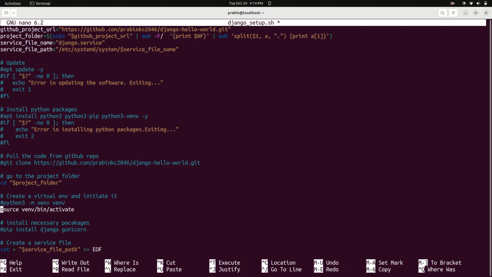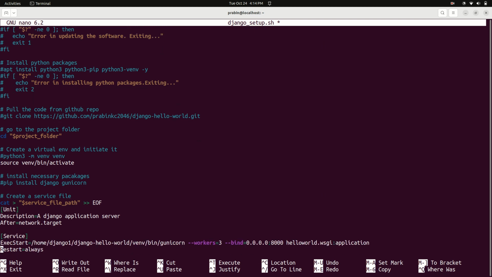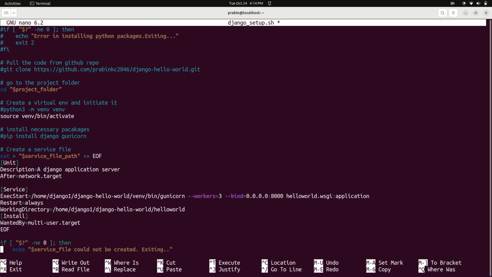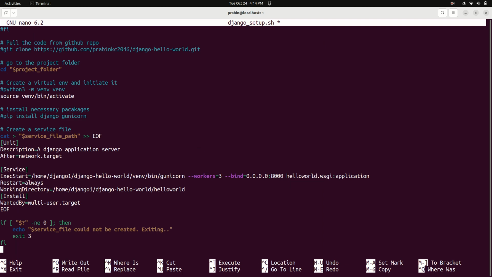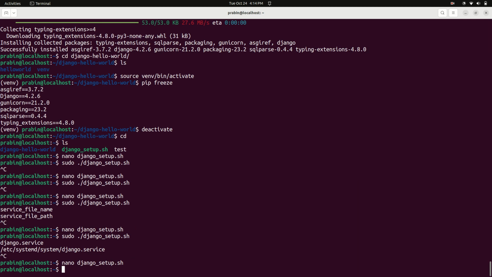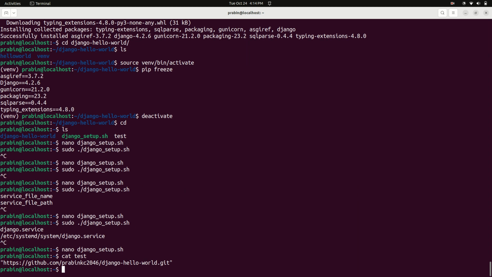Source being activated, and here, okay, I just want to make sure that I did the right thing. So we have here test file. See if I can write in the test file this way. So basically I'm trying to cat to test